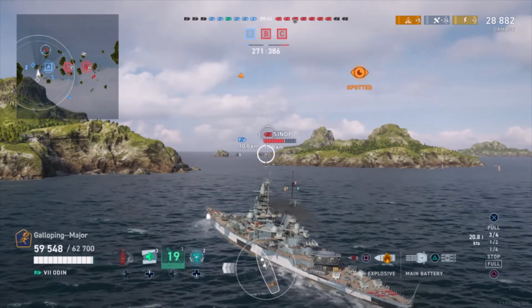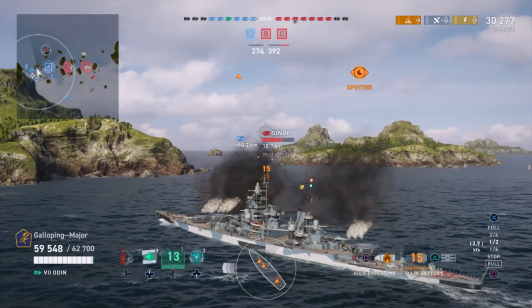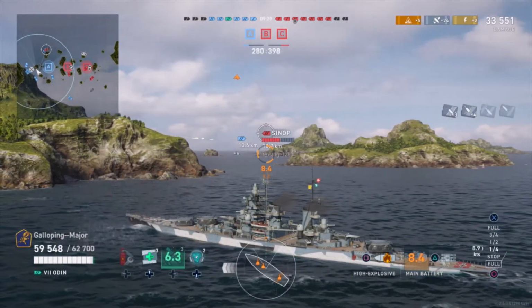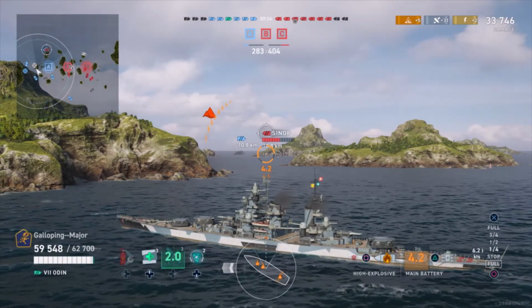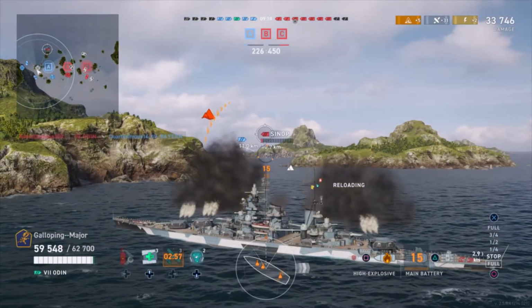Now, consumables wise, she has repair parties. She's got 3 of them. Each repair party heals 313 HP per second for 28 seconds. So what that means is a single repair party will heal 8,764 HP. So from your total of 3 repair parties, you will be able to get